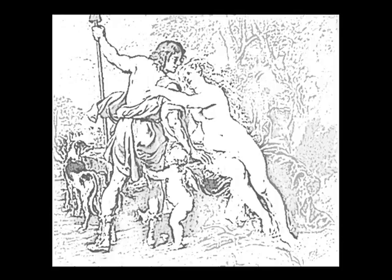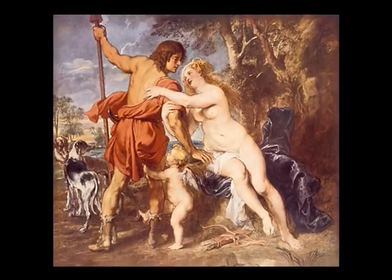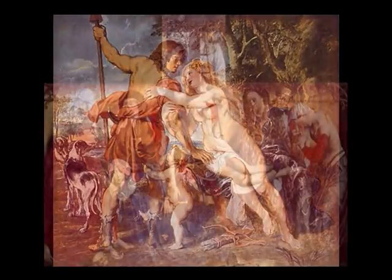Now look at how Rubens moves us spatially. We follow the arm of the putti along the back of the dog, which guides our attention right, back into the landscape, across the water behind the figures, and then we're pulled forward around the side of Venus. Let's look at the painting again for a moment. This is